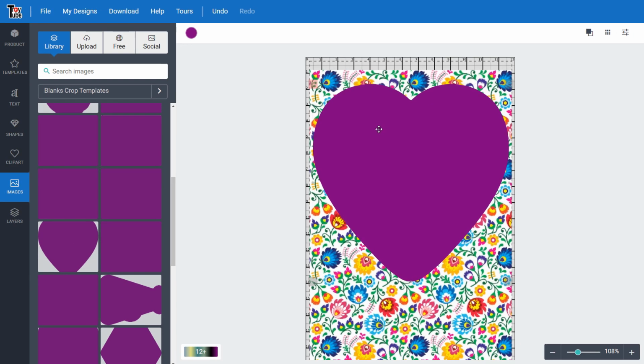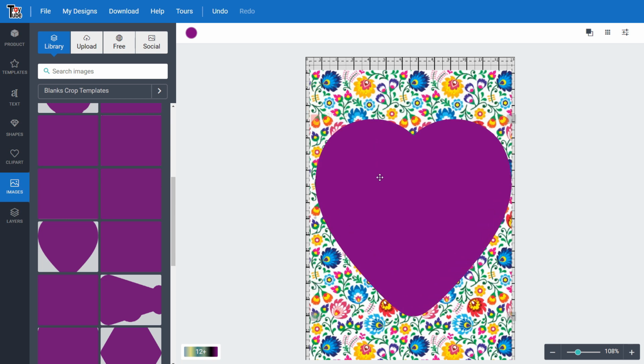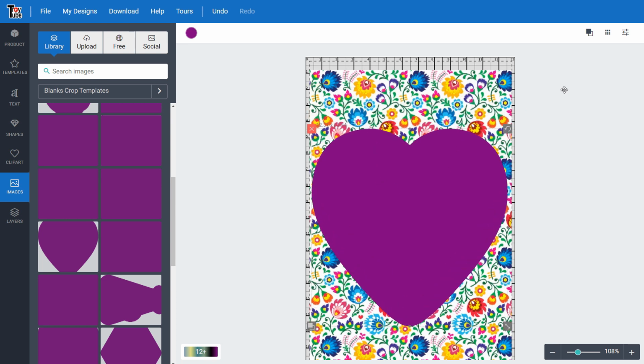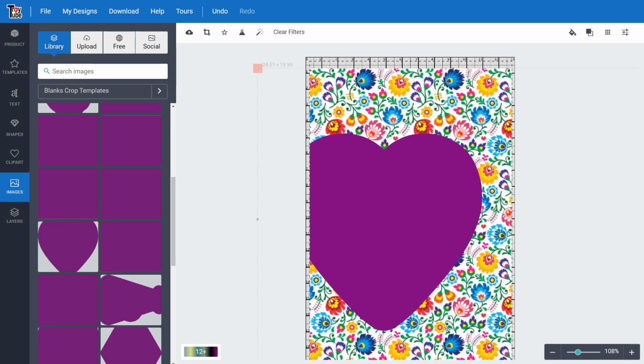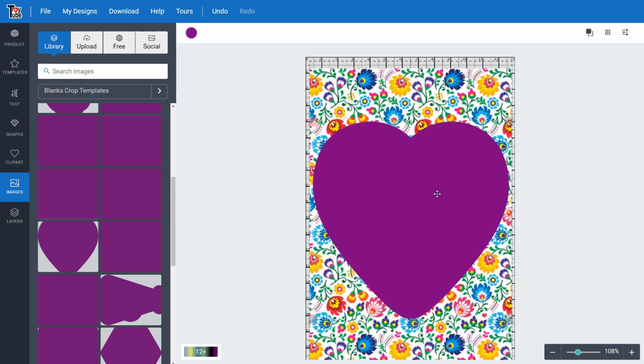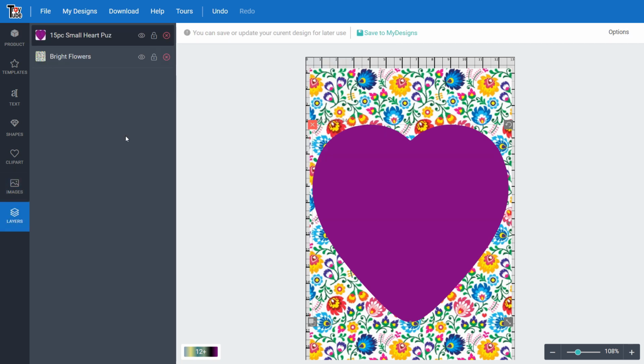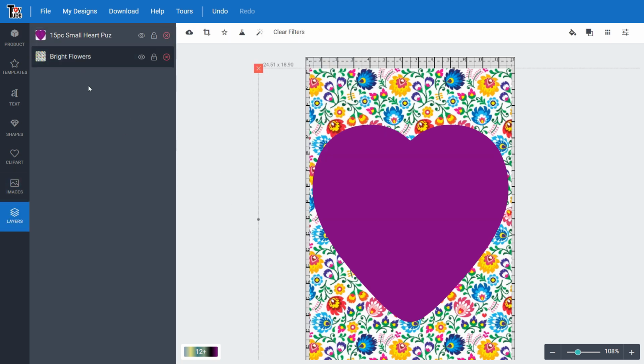But I really rely more on the grid than the size measurement on that little object there. And next, we're going to cut this flower pattern out into the shape of a heart, so we don't want to print and waste ink on all this additional stuff we don't need. Sometimes you can't click on an object that's underneath, if the bounding box is too large and maybe covers the entire thing. If that happens, you can come over to layers and click whichever layer you want to